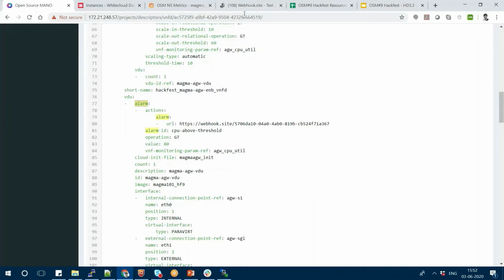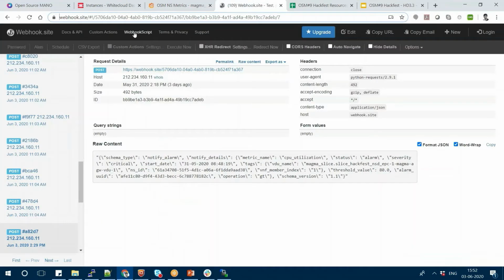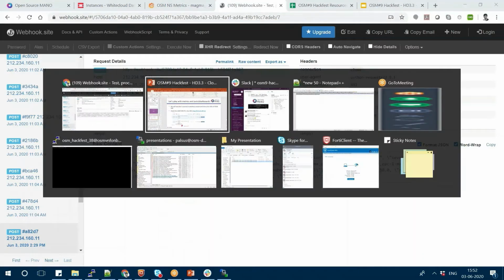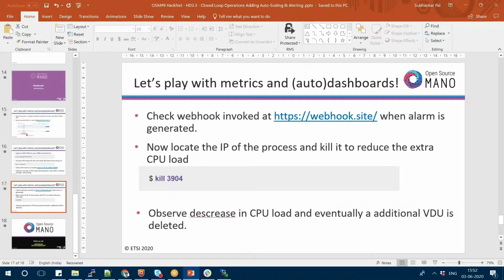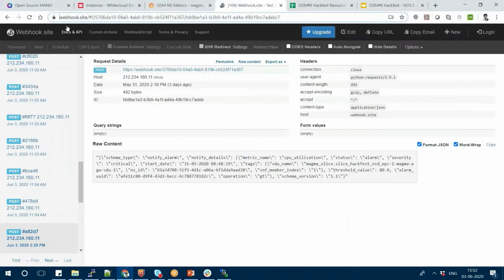So for that, you have to go to the webhook site. So I have also provided you the webhook details here. You have to go to webhook.site to see the webhook. Okay, so